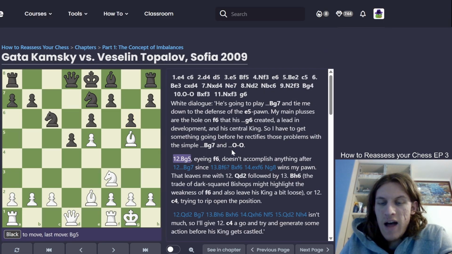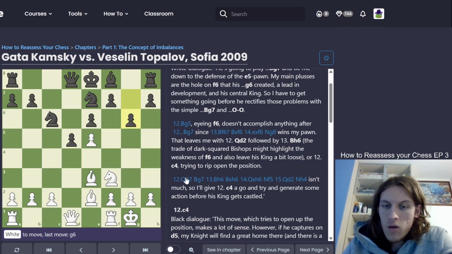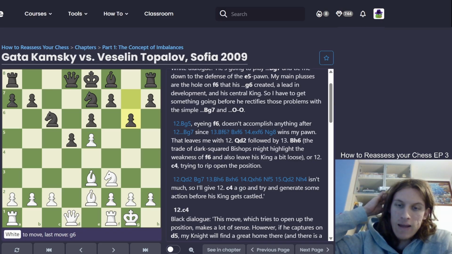So bishop g5, and these are only thoughts, he's just calculating, he's not moving. Bishop g5 eyeing f6 doesn't accomplish anything after bishop g7, since bishop f6, bishop takes, pawn takes, knight g8 wins my pawn. This leaves me with queen to d2, which I didn't even consider for some reason. Queen to d2 followed by bishop h6. The trade of dark square bishops might highlight the weakness on f6 and also leaves his king a bit loose,